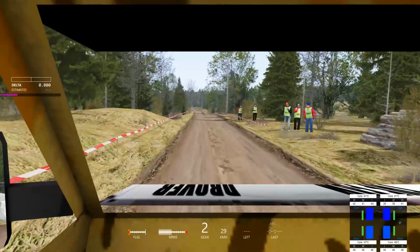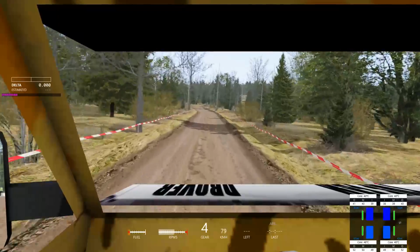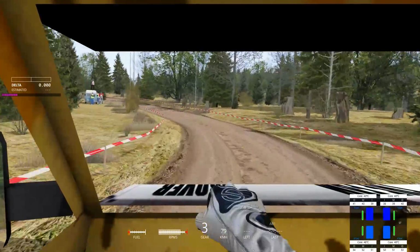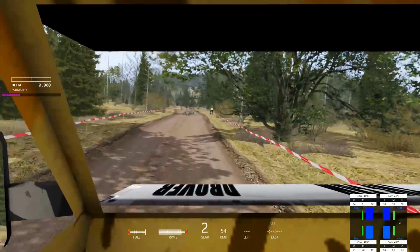Now, down into first, up into second, just to get that turbo kick. Up into fourth. This thing is wheel spinning like it's stuck in the mud. Down to third. Now we'll just brake around here. Oh, put the clutch in, Simon, would you? Now, second gear. This is...